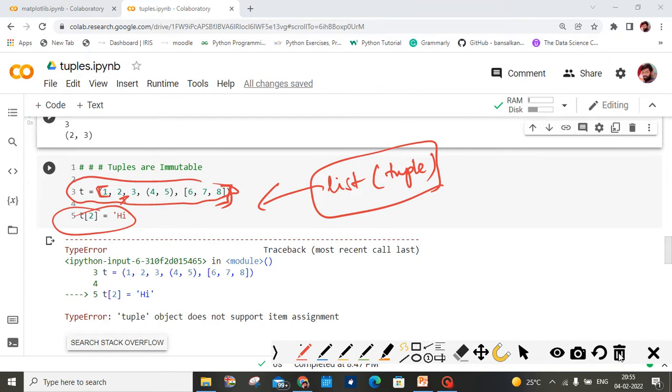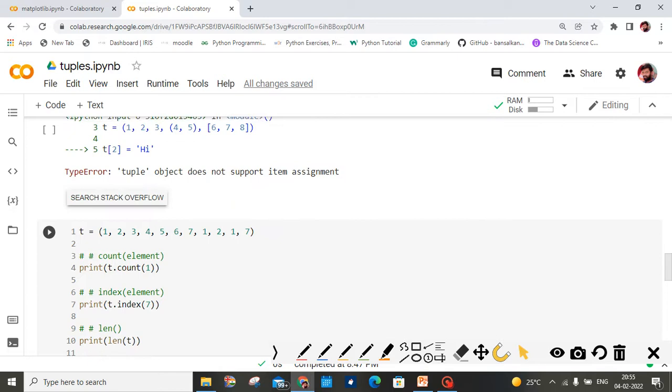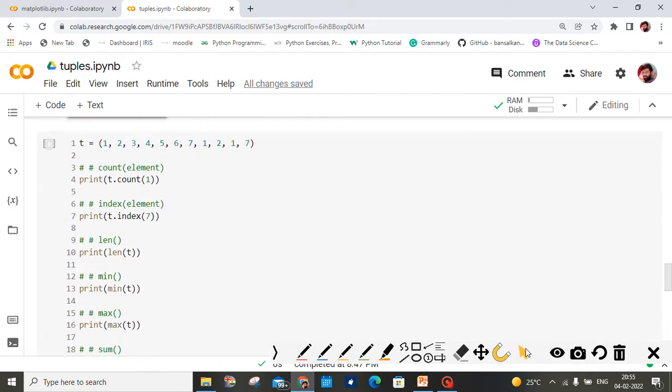Now let me explain another concept. So these are list methods. I think there are only two methods in tuples. One is the count method and the other is the index method. Now there is a tuple. Look at this, there is a tuple of elements. Now I am going to apply a count method using the dot operator. I am applying a count method on this t, right?